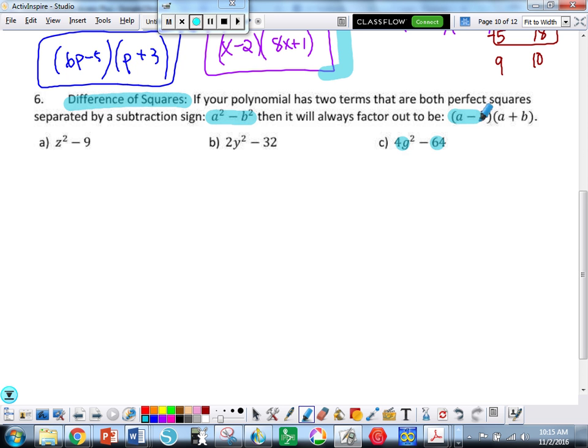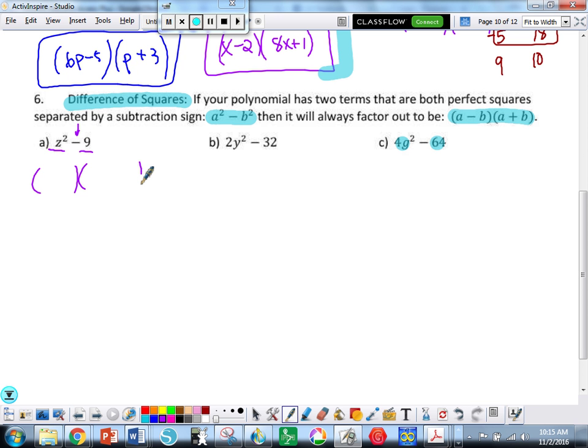You can factor them. Okay, it's really hard to read math. So what this means is only when you're subtracting. If that was a plus, then it would not factor. You couldn't do it. All right, so for part A, z squared is a perfect square, right? Z times z. 9 is a perfect square. 3 and 3, right? So if you have a perfect square and a perfect square with a minus in between,